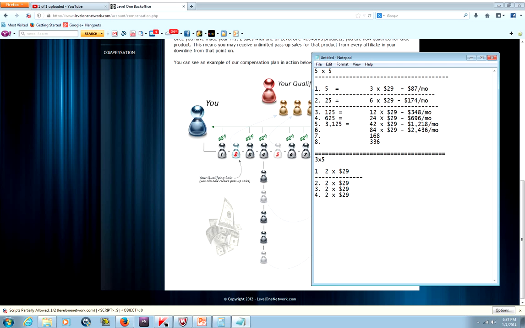And the math works out this way because you're not getting that many people on the front end. You don't have that many passive legs to begin with. So by you having only 2 people who will eventually pass sales up to you, it doesn't really give you a lot of leverage long term, unless, of course, some of the people